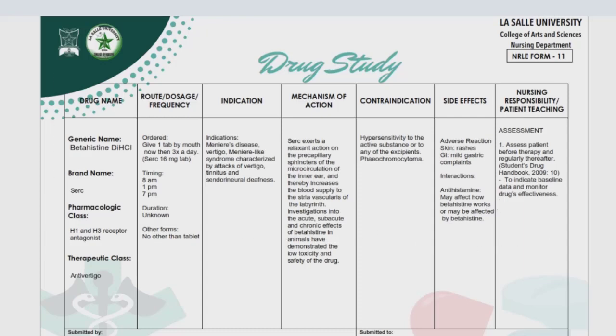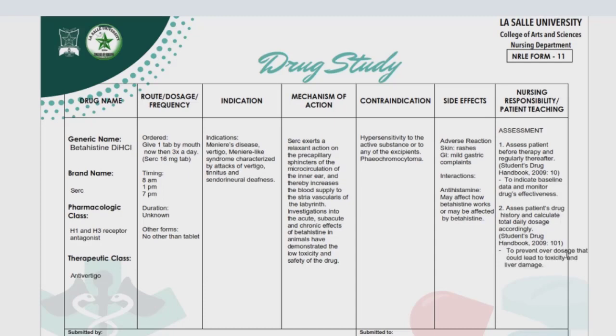Okay, katulgon. For the nursing responsibility and patient teaching column, we will indicate there the assessment. Ibutang nimo ang unsa ang nursing responsibility, at the same time ang iyang rationale nganong i-observe nato siya. For example, we assess the patient before therapy and regularly thereafter. Our reference is the Student's Drug Handbook,